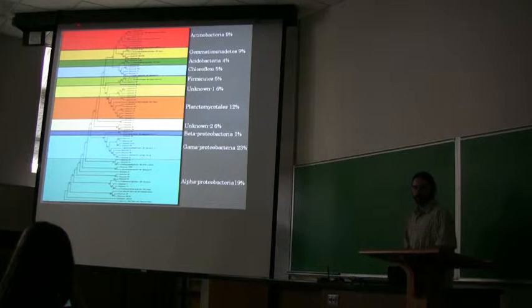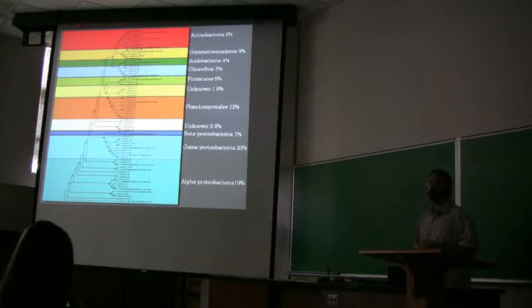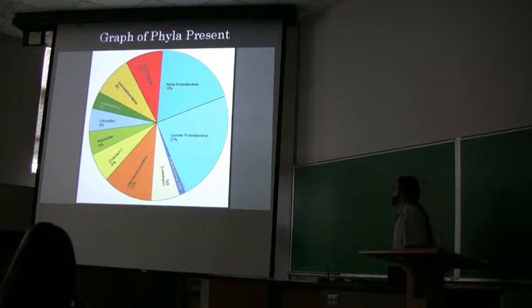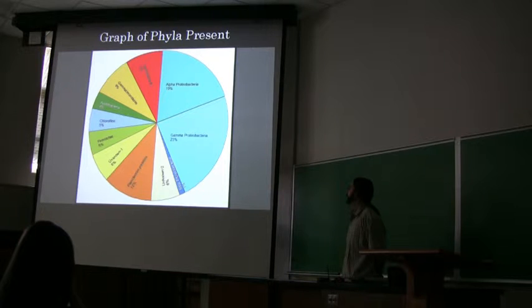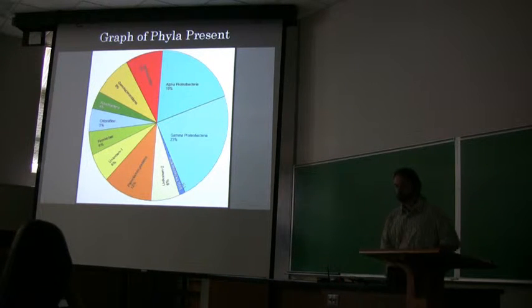And here's a picture of our bootstrap tree. I know it's going to be a little bit difficult to see exactly what's going on there, but I tried to sort of highlight where the different regions were separating out. And a chart showing how much of each of these we have. So as you can see, the proteobacteria pretty much dominated this particular sample, followed by Planctomycetes and Actinobacteria. But as you see these 2 unknown groups, they're having a pretty big number in there too, which I thought was kind of